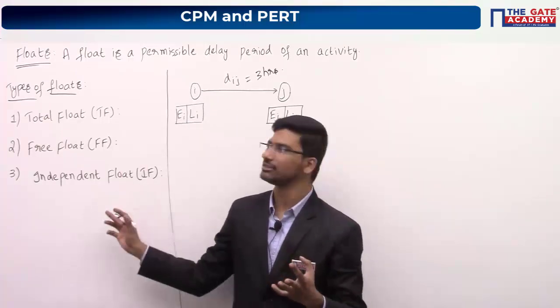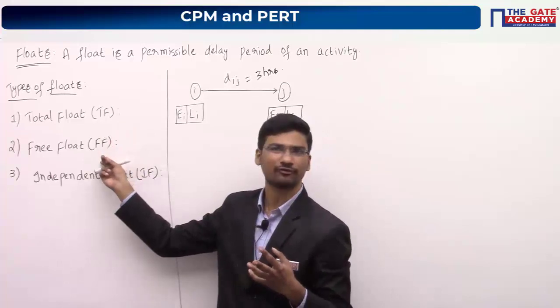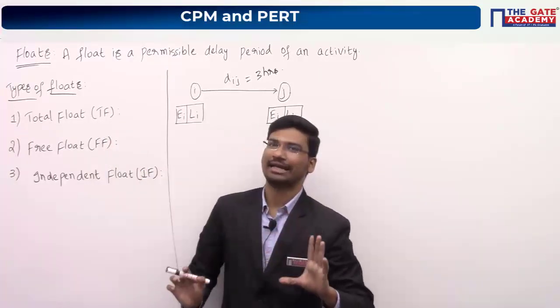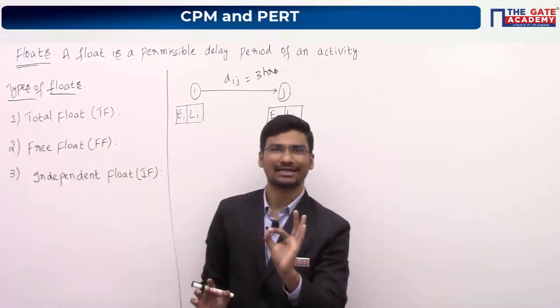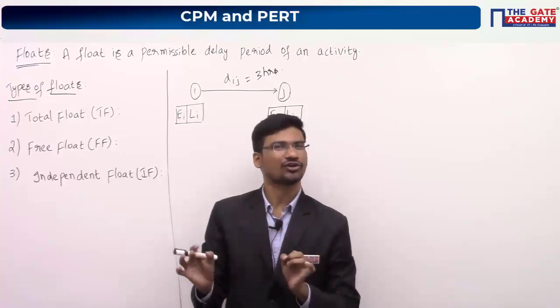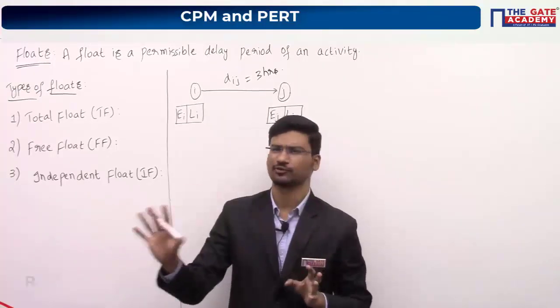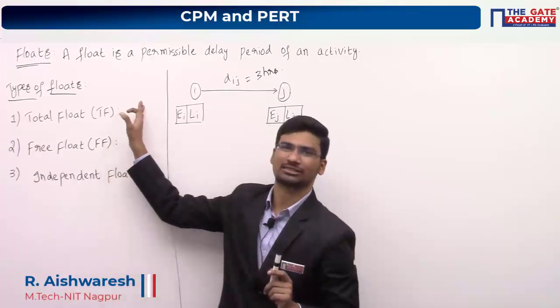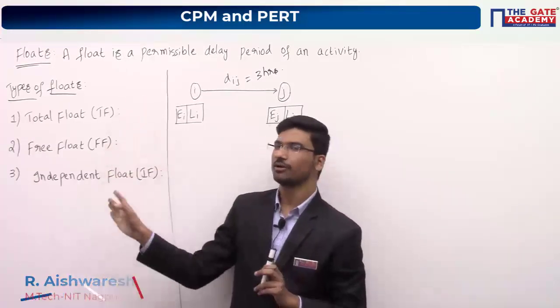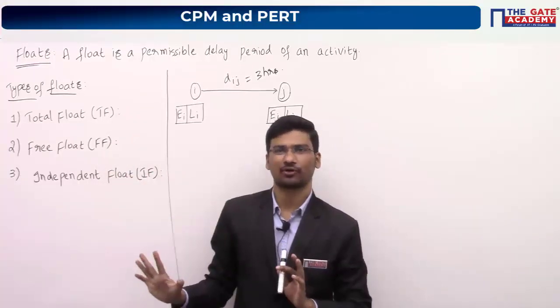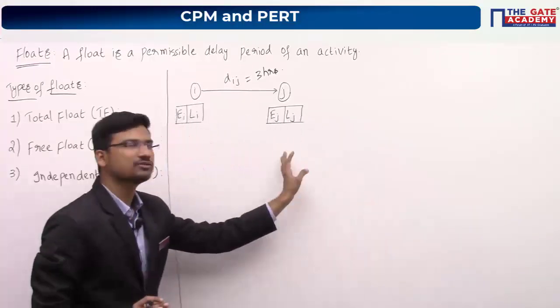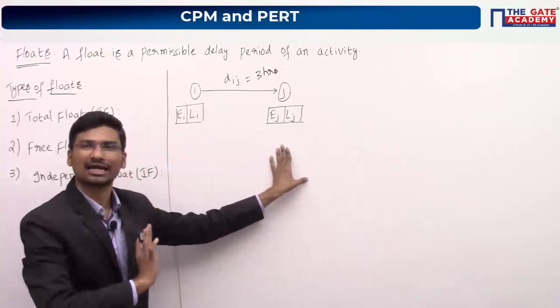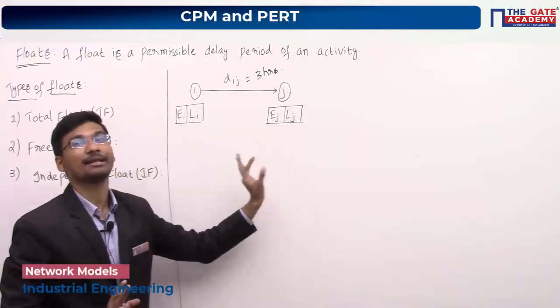So till now in the GATE examination, they have asked us to calculate total float and free float. But you can calculate any type of float if you remember one diagram which I am going to give you now. You cannot see this diagram in any textbook. In all the textbooks they have given some formulas for calculating these values. Please don't remember those formulas. Whatever diagrammatic representation I am giving you now, just follow it. It will be very helpful for you.